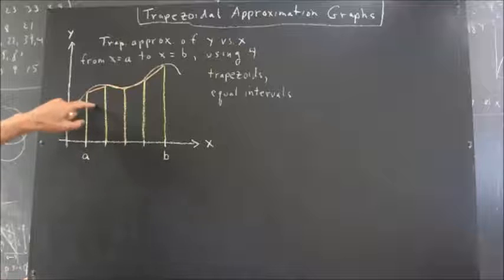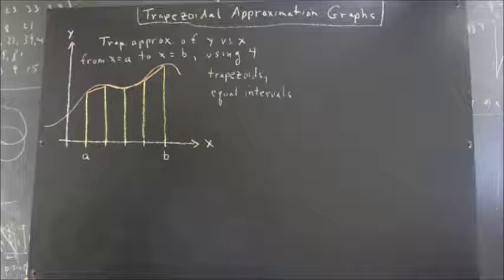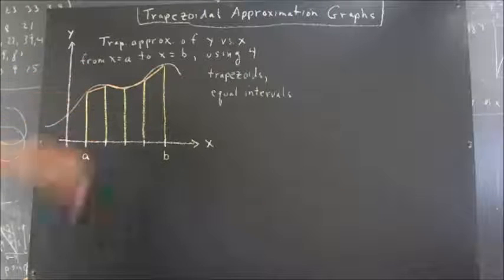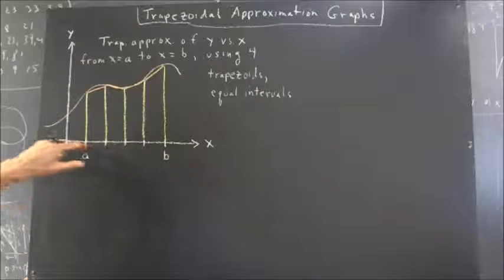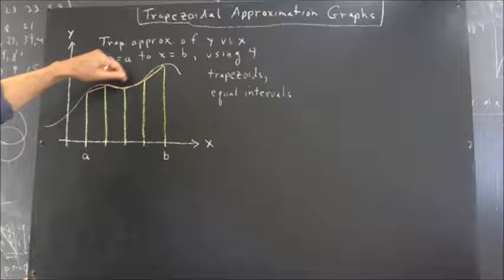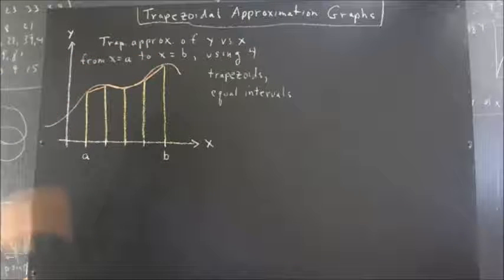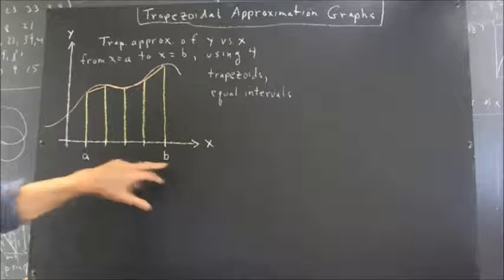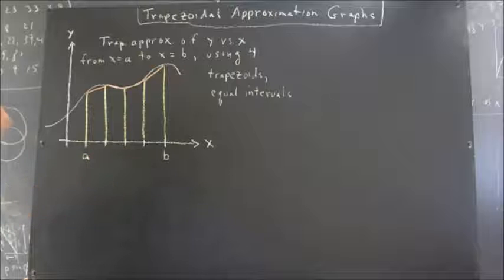And now we have 4 trapezoids, bounded above by the slope segment, on the sides by the projection lines, and below by the x-axis. Well, if we know the coordinates of these points, as we might, for example, if this is given by some function that we can evaluate at the point a, at the point b, and at the points in between,